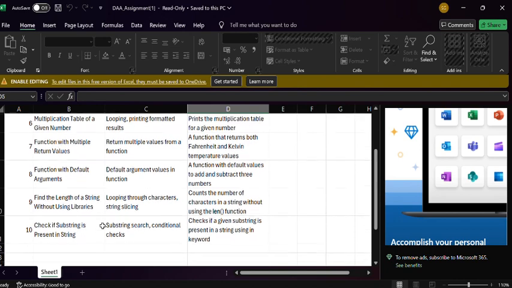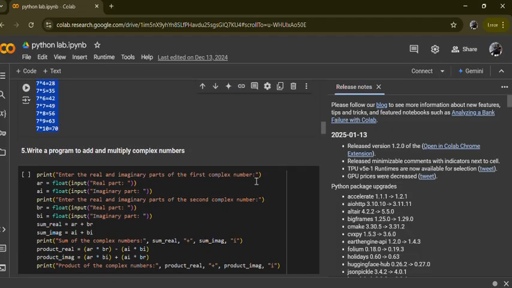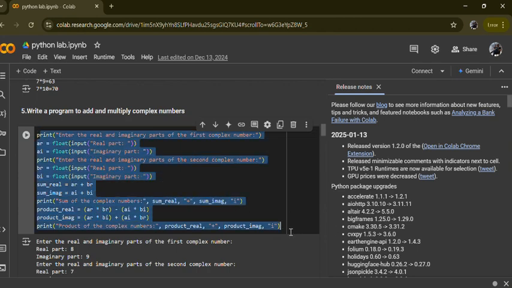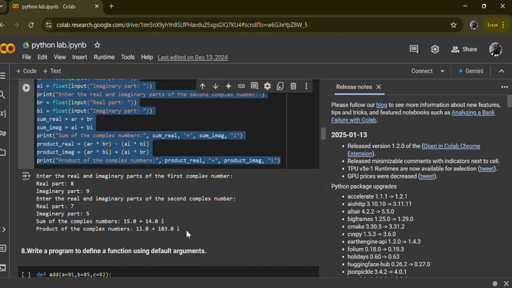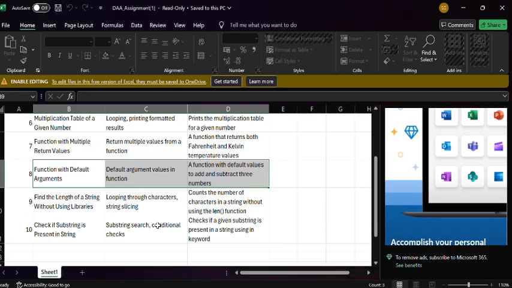And the next, another program I worked on adds and multiplies complex numbers by taking real and imaginary parts as input. The program computes both the sum and the product of the two complex numbers, making use of the basic arithmetic operations. You see the code here. As well, the imaginary part and the real part of the complex number you can see here. Well, the next problem is,